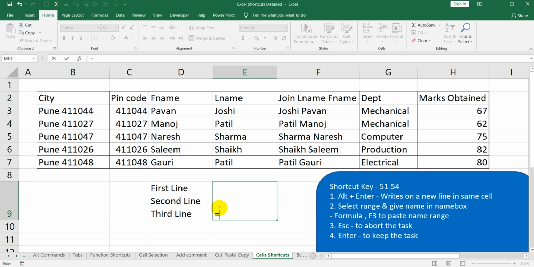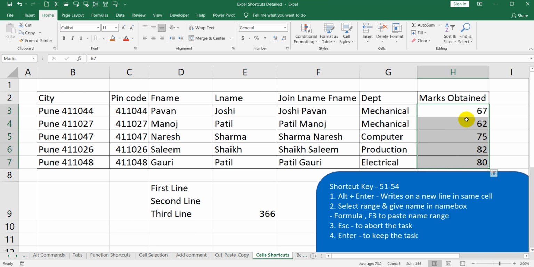So I will use the range option in the sum. We'll use this simple function over here, and instead of selecting the data, now we will select the range. You can see the name range is automatically added in the formula, and you can just press enter, and you will get the similar sum as selecting this range. So in this way you can use the name range.